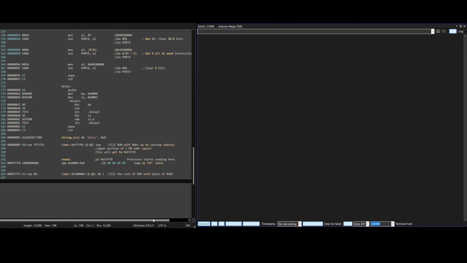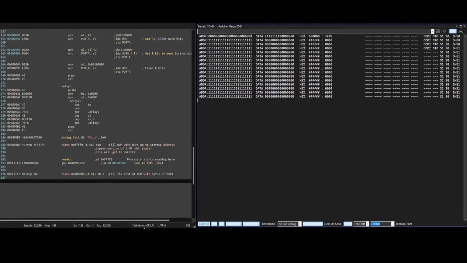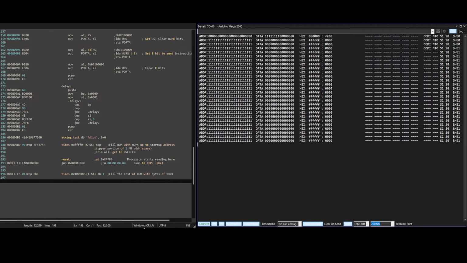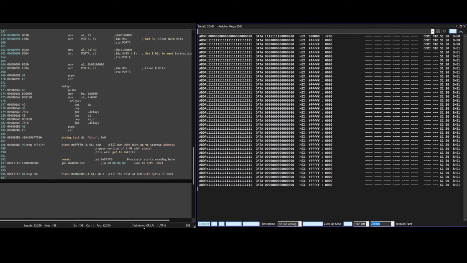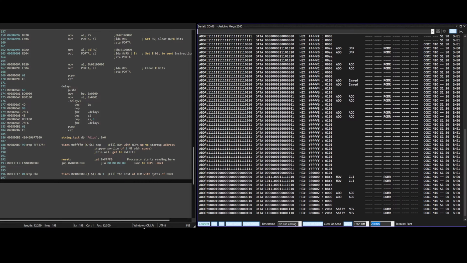And what you're going to see in the serial monitor to the right is the processor is reading at this address FF, and it's getting back all zeros, and that's normal behavior while the processor initializes. And then you can see it got to where it is reading FF, F0, and it has a line there of my jump. And then it jumps to this